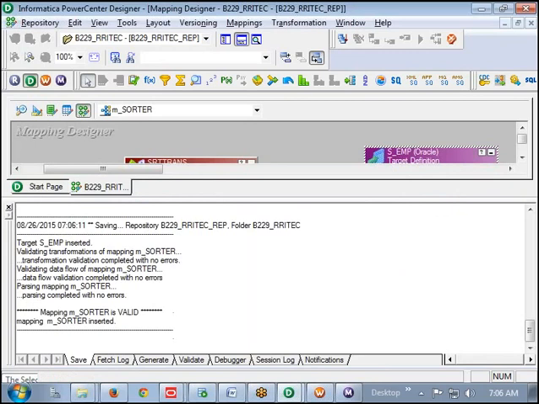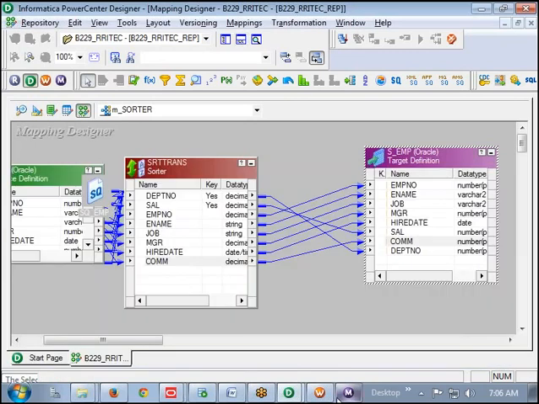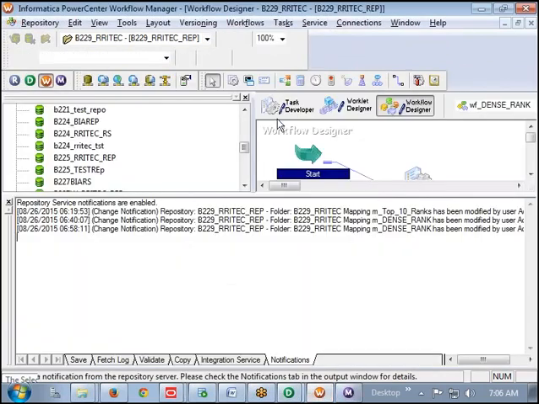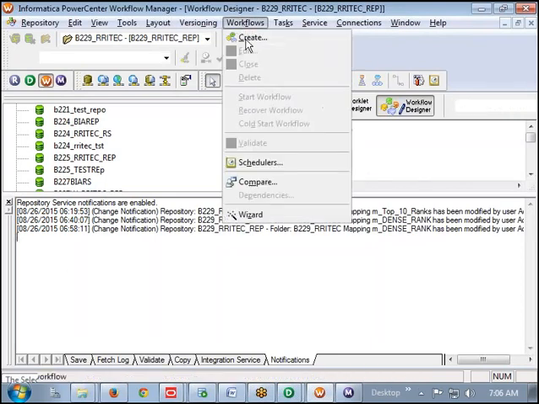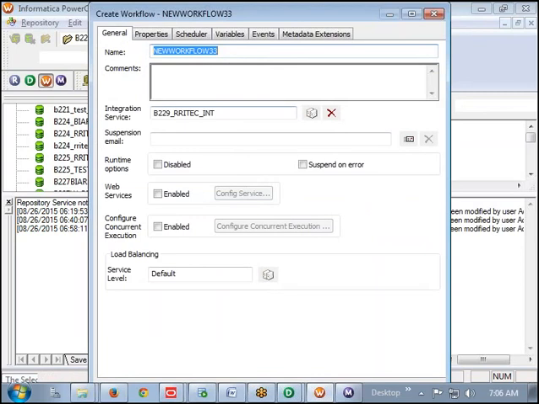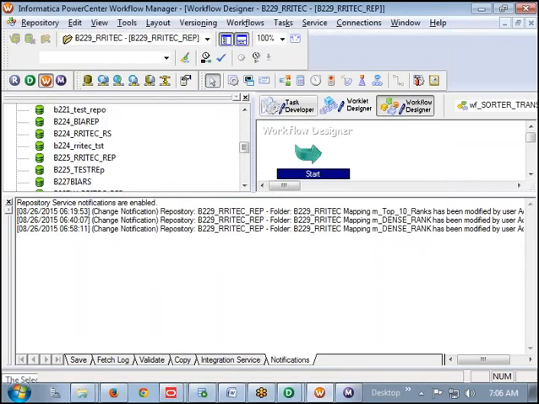Then create the workflow, WF_sorter_transformation. Enter. Then take a session task here.